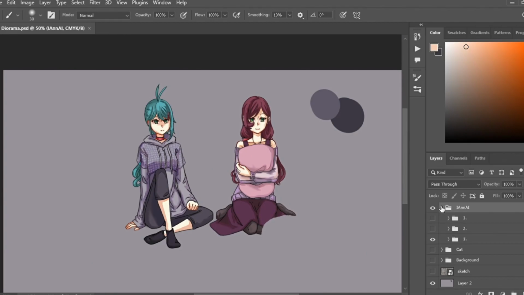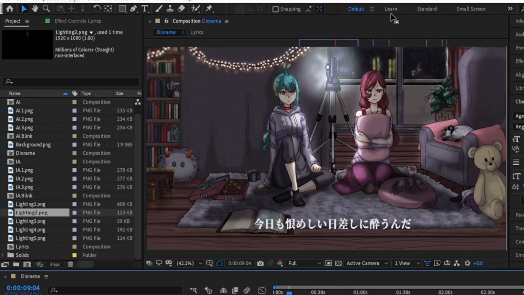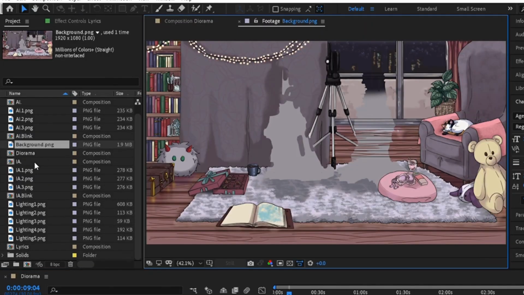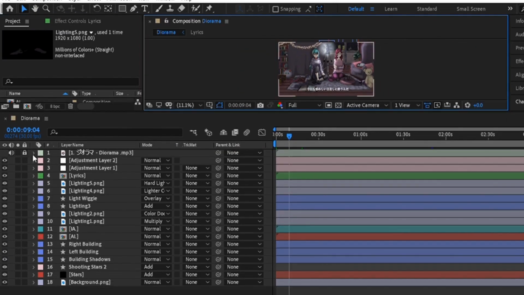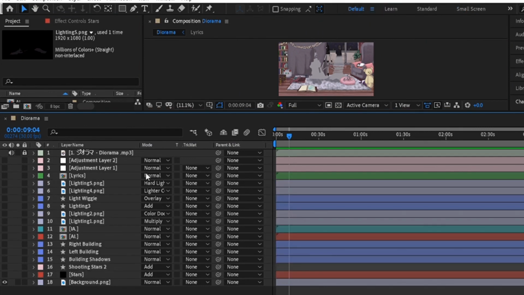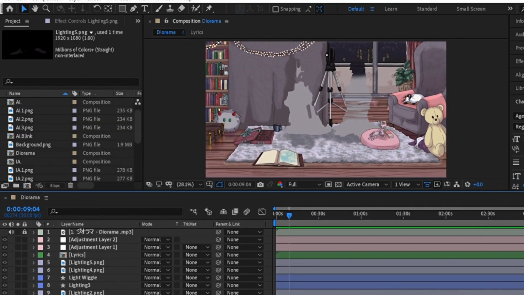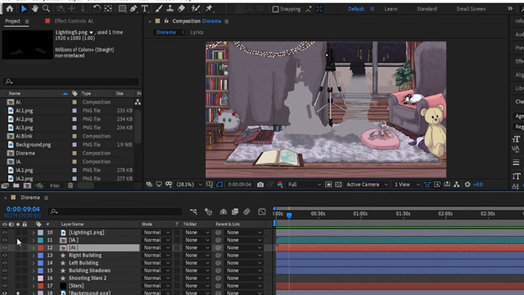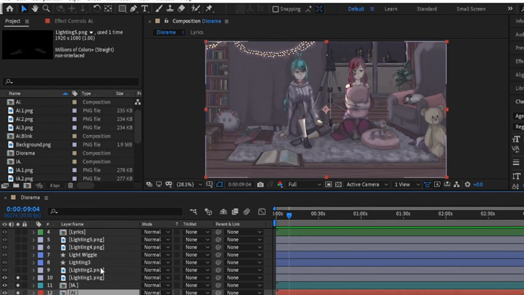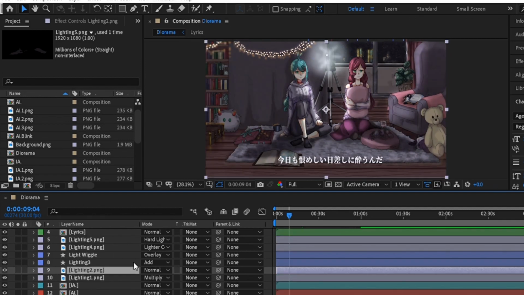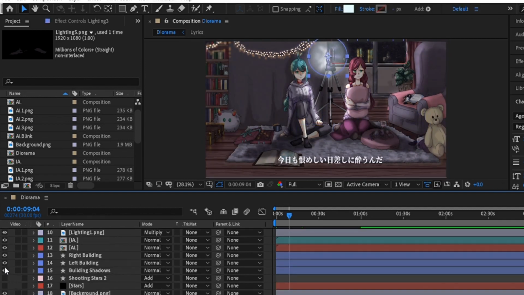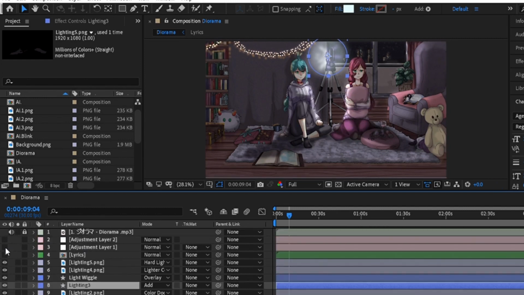After that, it was time to export. I needed the background to be independent from the characters, because I would animate the blinking, and at first I thought I could make all the lighting layers work out, exporting them together, but that didn't work. It just messed up the effects and colors that I'd previously chosen, so instead I exported every layer separately and fixed up blending modes, which are, to say in a way, the way colors interact with each other throughout layers. And I also adjusted the opacity the same way I had in the original illustration file.